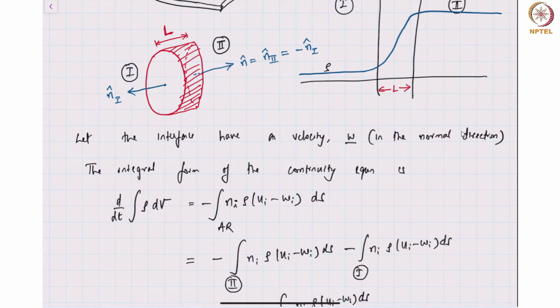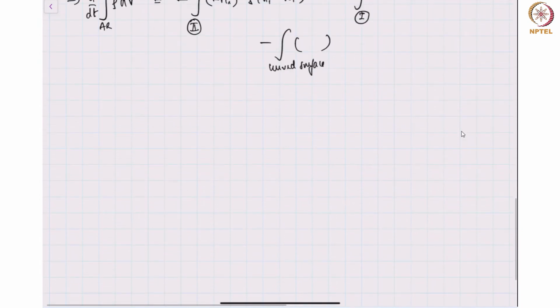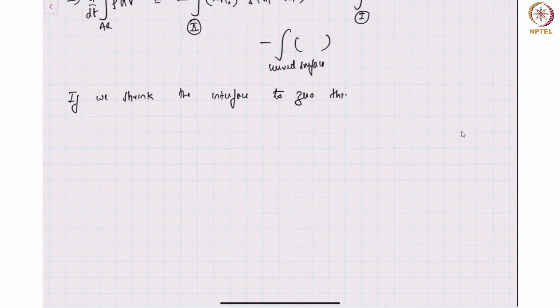If L goes to zero, you go from a cylinder with two different surfaces, one facing into 1 and one facing into 2, to a single surface, a mathematical surface of zero thickness. So, if we shrink the interface to zero thickness,